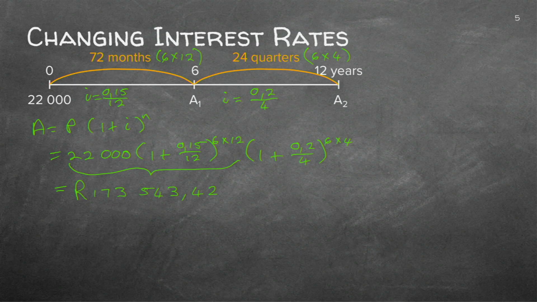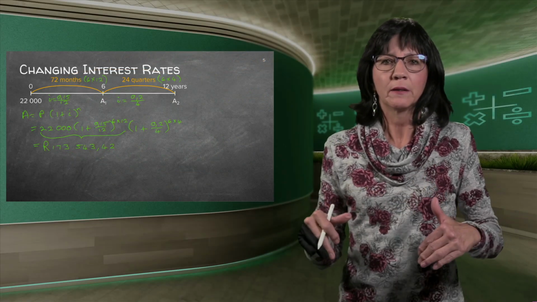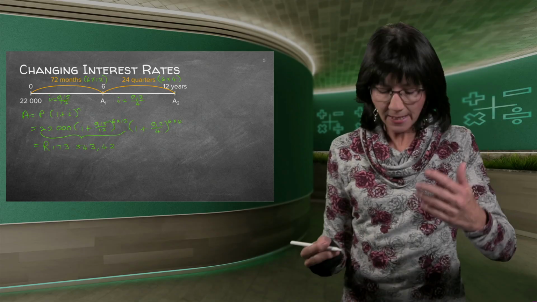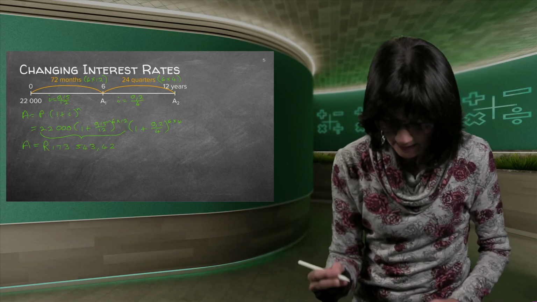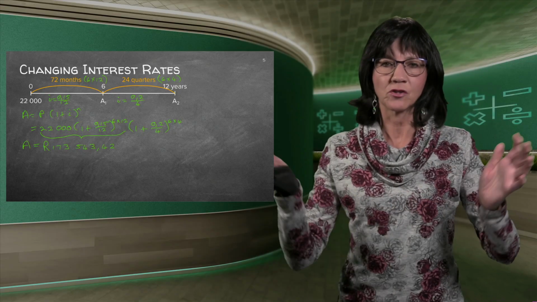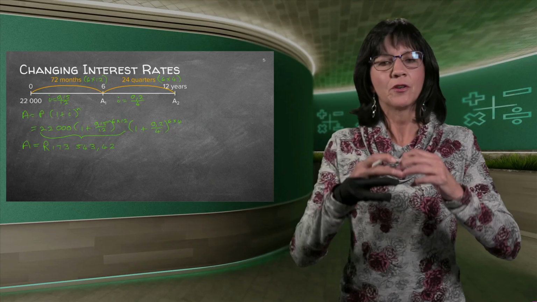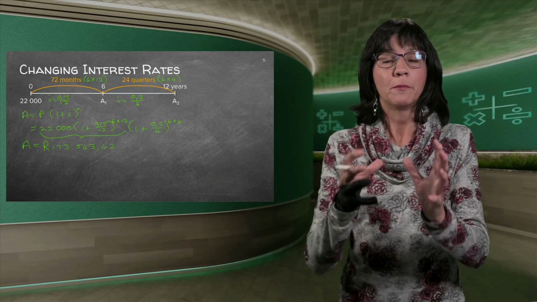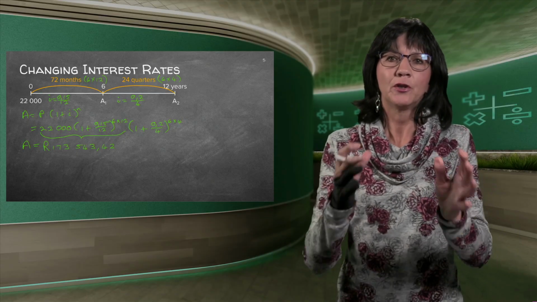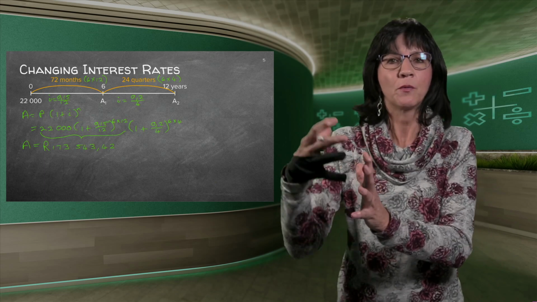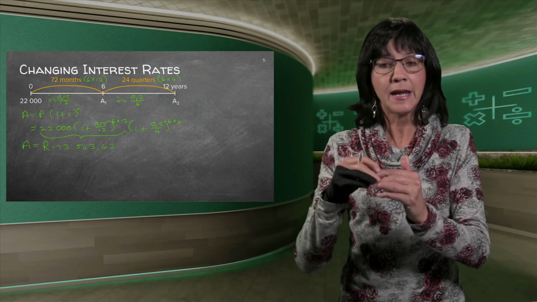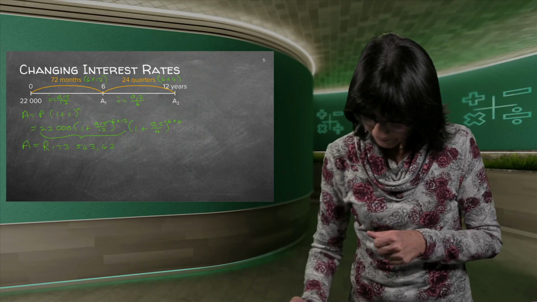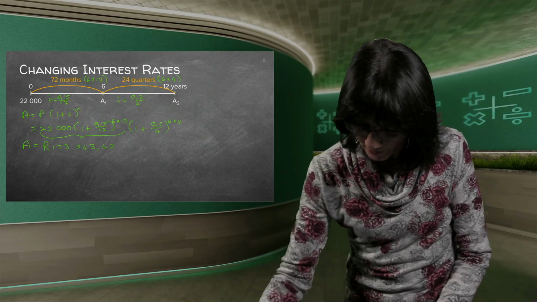And remember, we always have to answer our answers properly in normal language. So if you put the R in front there, you are telling them, in the end, my A will be 173,000 or whatever else. Good. So it's not a different formula. It's not anything difficult. It's just that because the interest rate is changing, you have to put an extra coach at the back with the new interest rate. In the end, you still land up to have 12 years. Good. I'm going to take this off so you can try it all on your own.